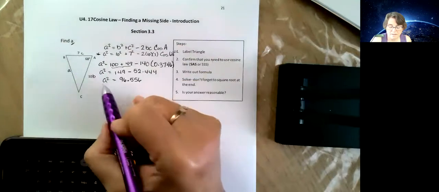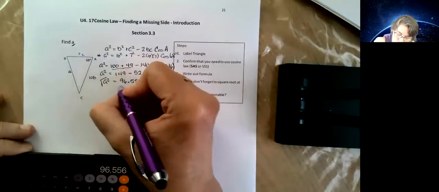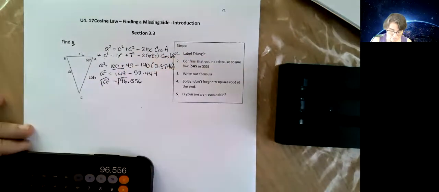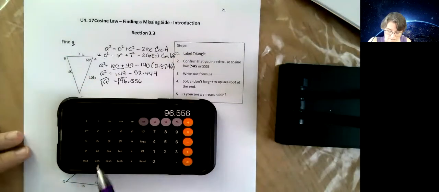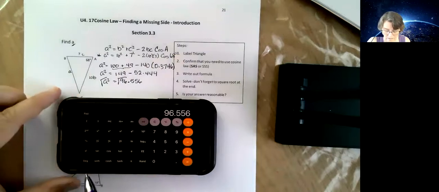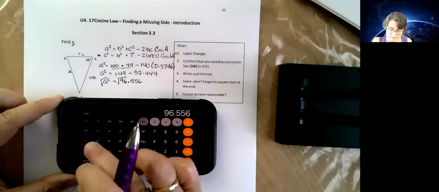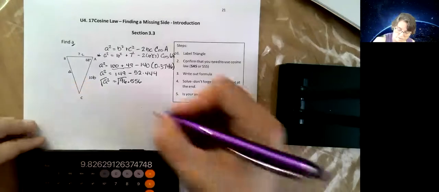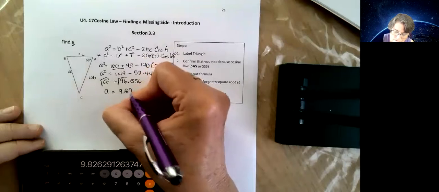But it's not A, it's A squared. And then a little hint there, don't forget to take the square root. Square root here, square root here. Oh, square root here. On your calculator, at least on my phone, there's a little 2 and then the square root sign. That's the one you want. So A is equal to 9.82,